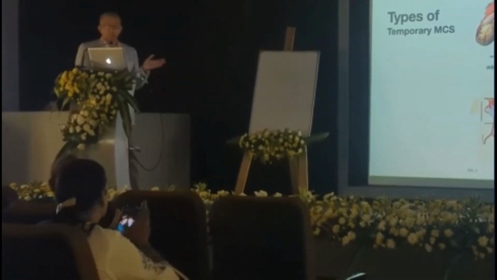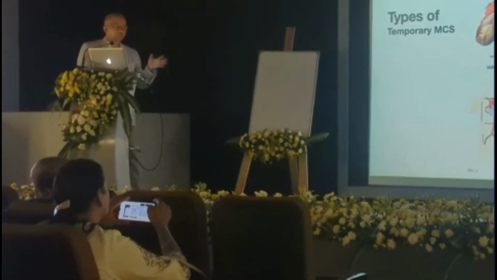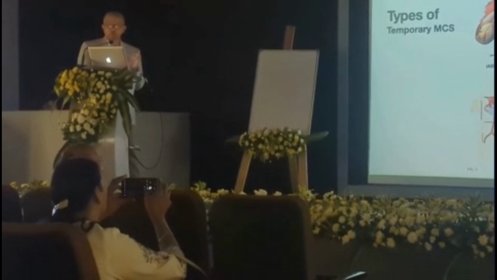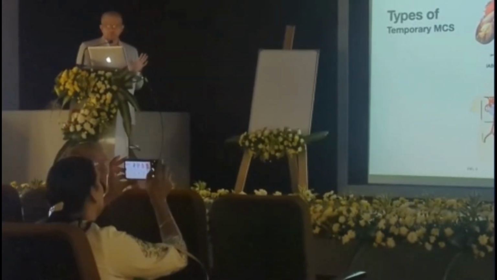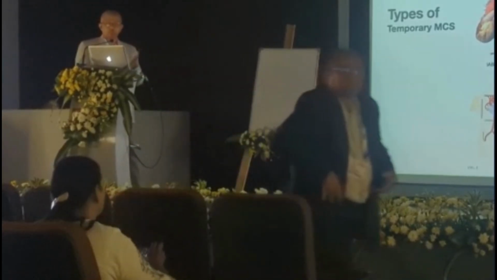So to understand the different types of mechanical circulatory supports available to us, most of them are the IABP, then the IMPELLA. Tandem heart is the one which we put surgically. I just want to give a general outlook about it, and the next is the ECMO. So IABP, everyone knows, is a counterpulsation balloon which is inserted